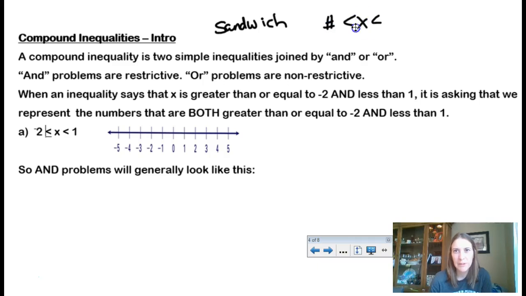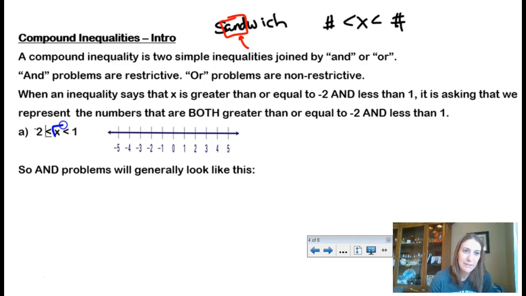So you'll have a number is less than x is less than a number, and that's another way of saying an "and" problem. A really easy way to remember that is if you see it's a sandwich problem, you have to remember it's an "and" because it's got "and" in the word sandwich. It's a little confusing the way they read it, especially for people like me who have a bit of dyslexia,